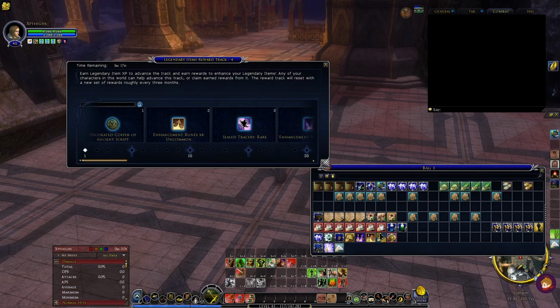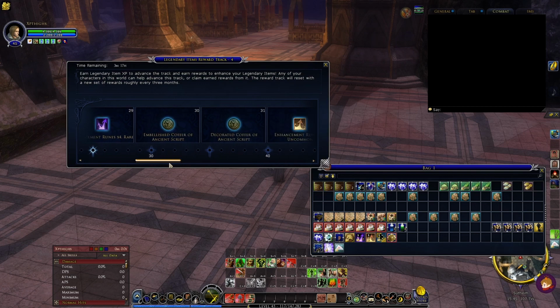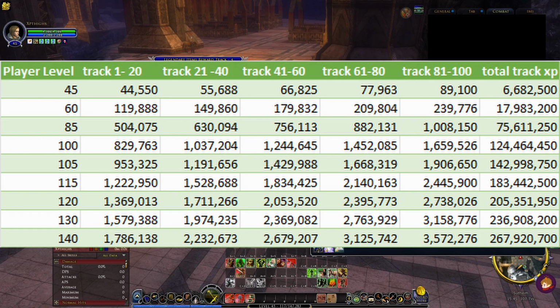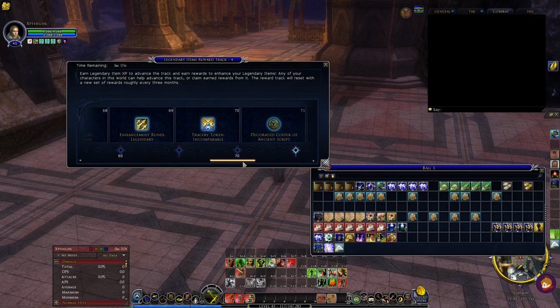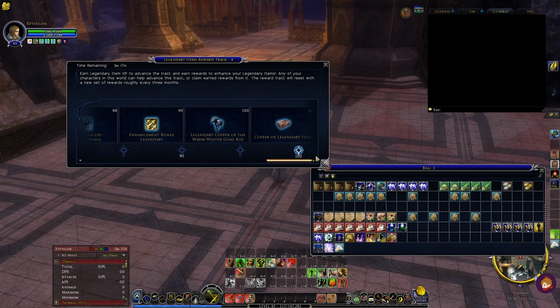Now finally we're on to my favorite part, which is the testing part, to find out how our XP knowledge actually translates to the reward track. In the past, our reward track required a level 45 to have just under 7 million IXP in order for you to complete the track. This time round, we're going to test and see if that still holds true,